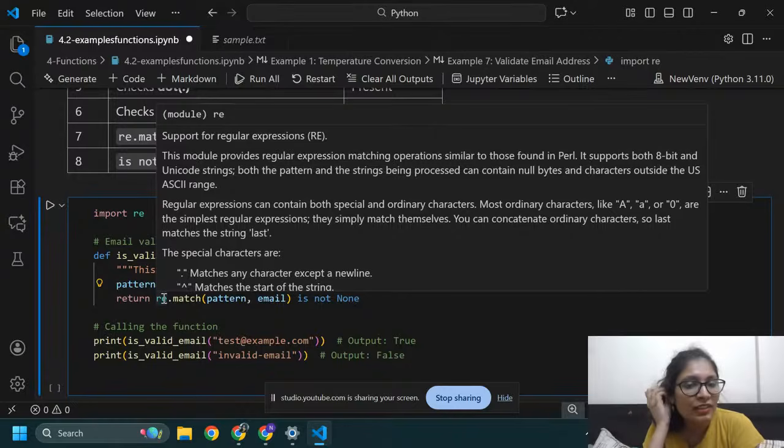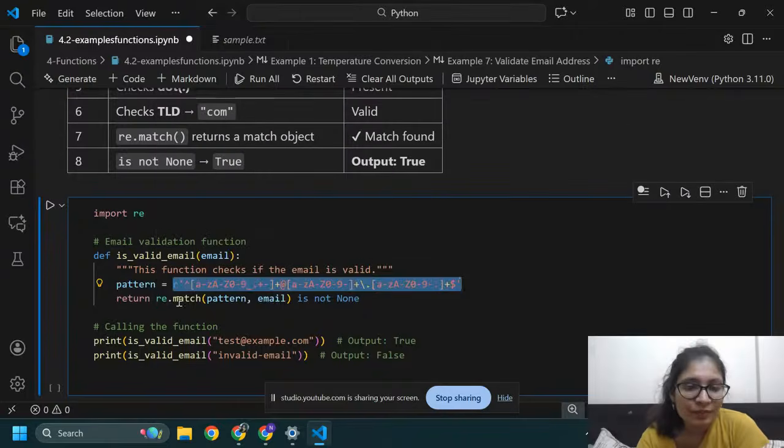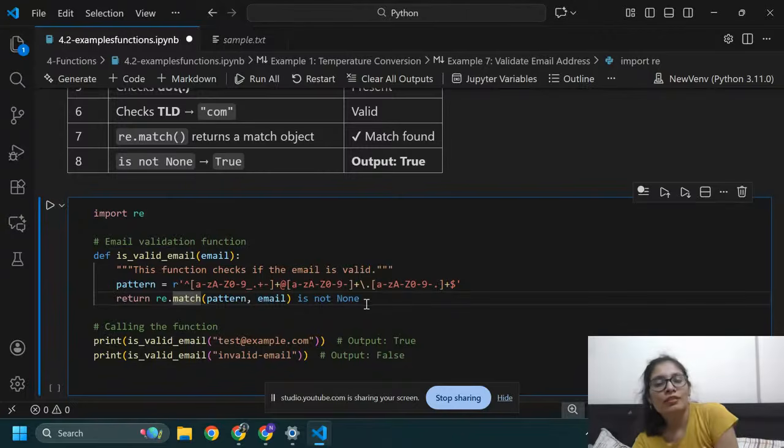This module provides regular expression matching operations similar to those found in Perl. It supports both 8-bit and Unicode strings. Both the pattern and the string being processed can contain null bytes and characters outside the US ASCII range. Basically we are going to use this for matching. So return matching pattern and email. If it is not found, then it will return None.